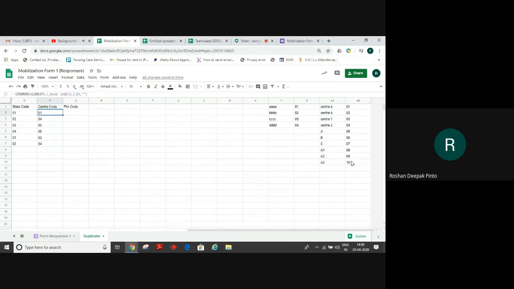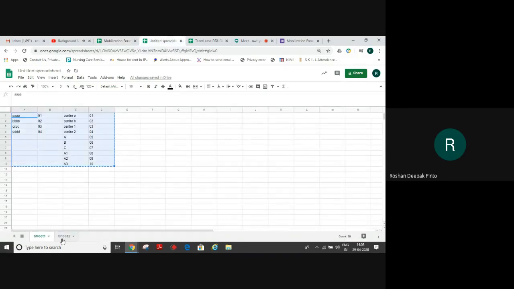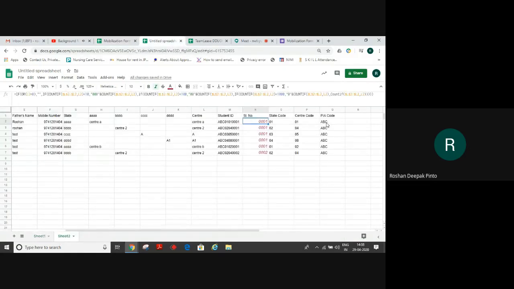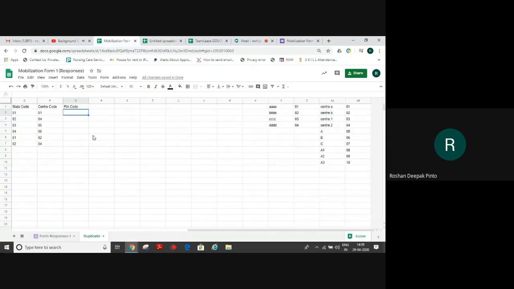Now to create a constant PIA code, the formula that I'm going to use is very simple. I'll take it from here. So here I've written if L2 has got a value, it will take a constant. I've written here ABC. You can name any code.